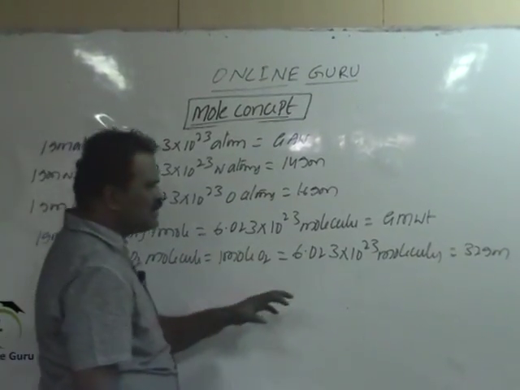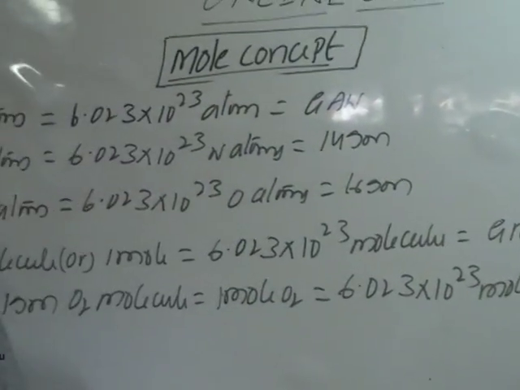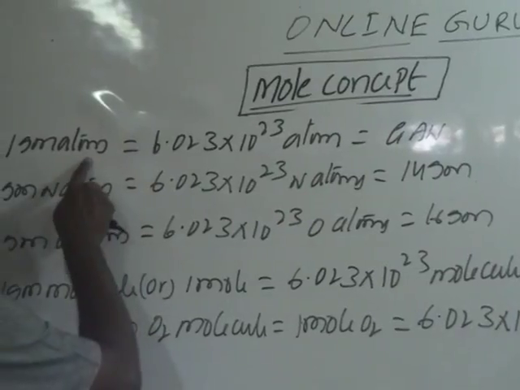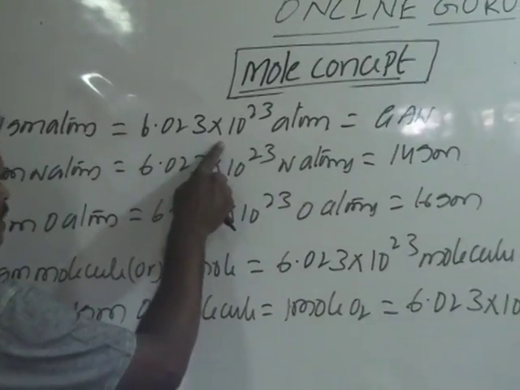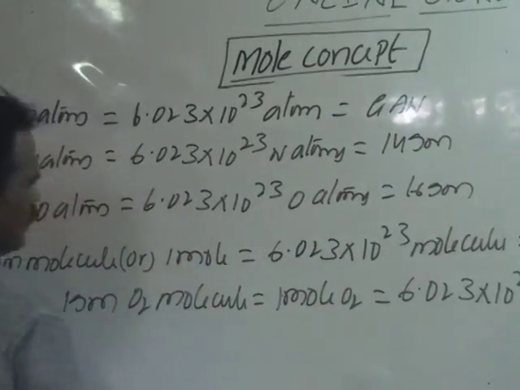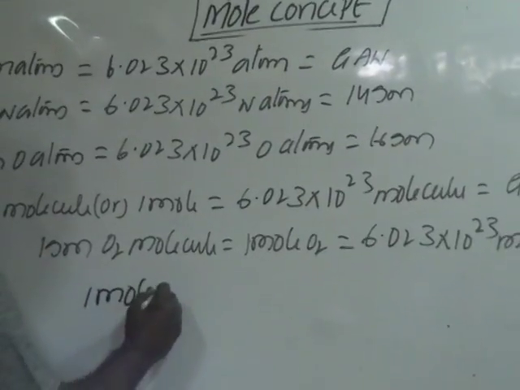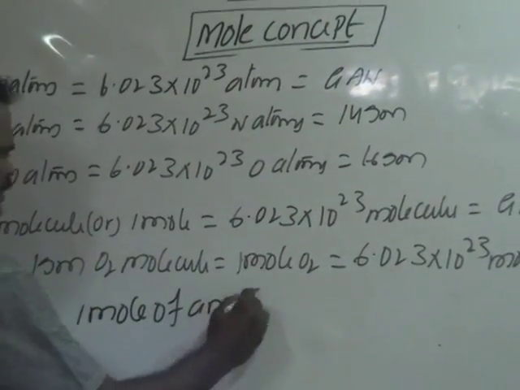That means the mass of 1 mole of substance is equal to gram molecular weight. Similarly, 1 gram atom contains Avogadro number of atoms. That means the mass of Avogadro number of atoms is equal to gram atomic weight. So based on that, 1 mole of any substance,